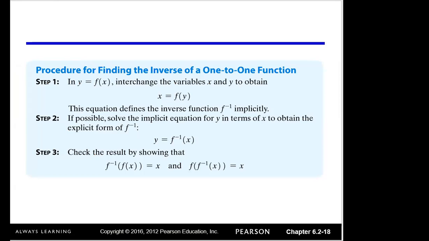And then once you've done that, here's where the algebra comes into play. You're going to solve it now for y. And of course, once you're done with y, they will have you put back in f^-1 of x instead of y. And then of course, step 3, which nobody ever wants to do, you can check your results by doing 2 composite functions,